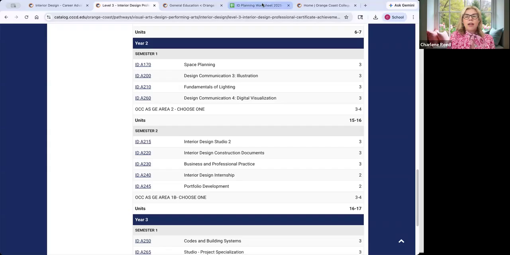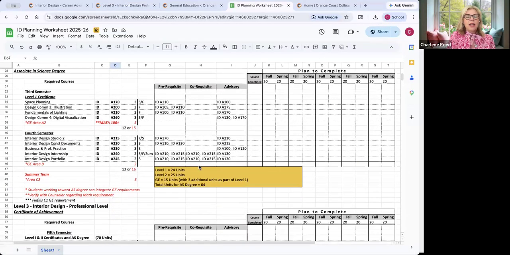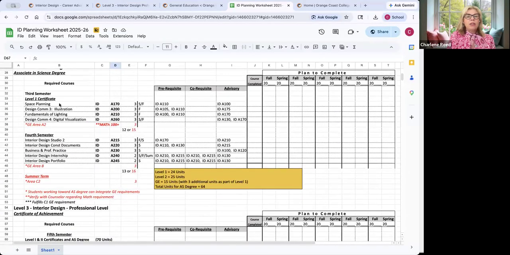So I'm going to go ahead and click over to that. And as we look at the planning worksheet, we're calling this third semester and fourth semester, but that would be fall, spring. And this column over here will tell you if the class is offered both semesters, S and F for spring and fall, or fall only, or down here in the fourth semester, there are a few that are spring